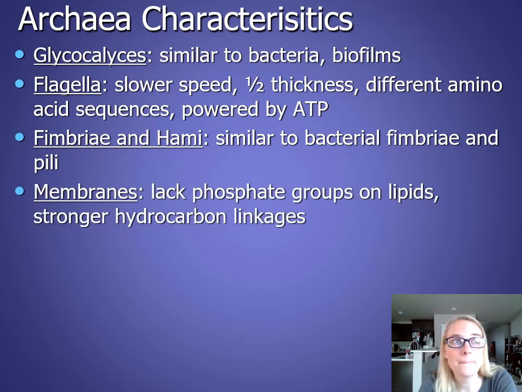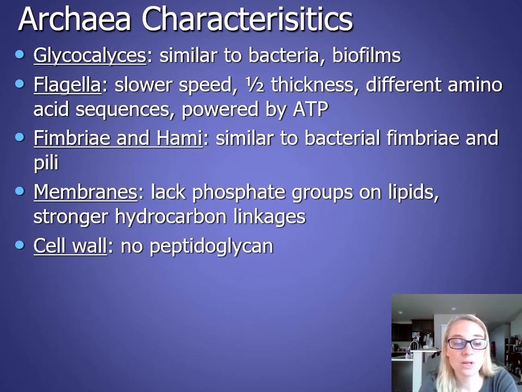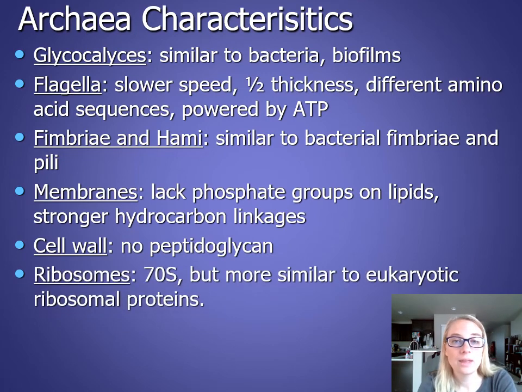The membranes, archaea plasma membranes lack phosphate groups on the lipids, and they have stronger hydrocarbon linkages within their membrane structure, which might account for some of the environments that these archaea live in. These extremophiles we'll see in chapter 11. I mentioned this before, the cell wall contains no peptidoglycan, so they have other structures to make up their cell wall, but peptidoglycan is only found in bacterial prokaryotes. And then they also have 70S ribosomes, but they are more similar to the 70S ribosomes that are found in our